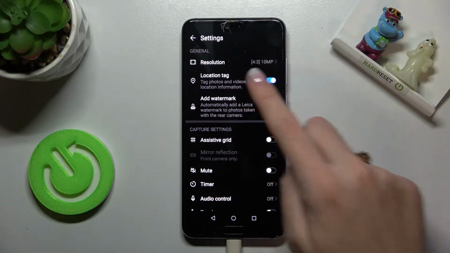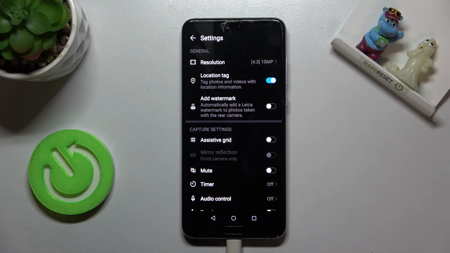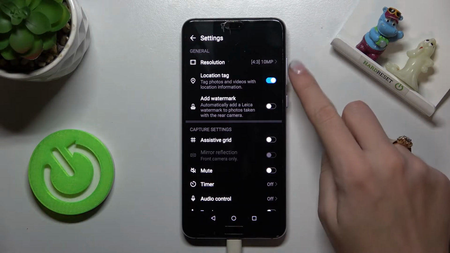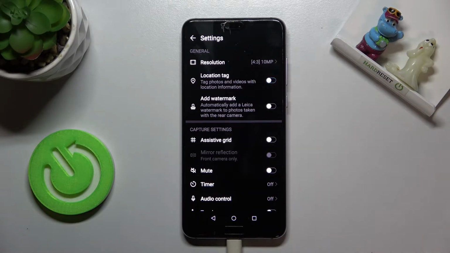Here at the second position we have location tag option with short info from the device that this can tag photos and videos with location information. By using the button from the right we can easily turn it off and turn it on as we need,